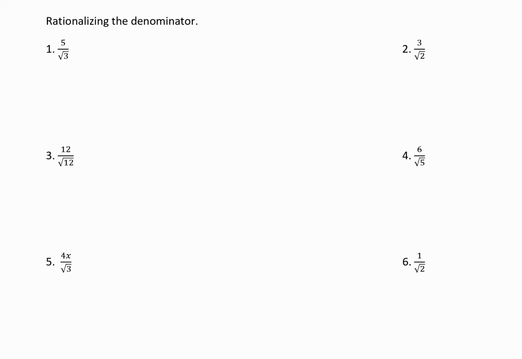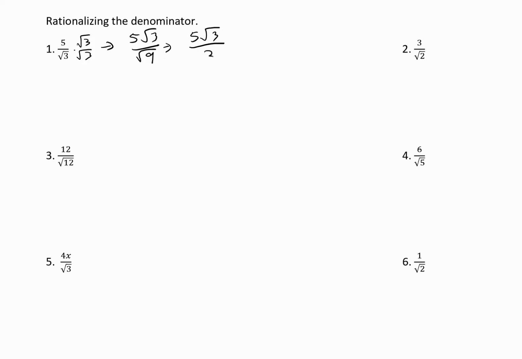So the way that we're going to take care of that is by multiplying rad 3 to the top and to the bottom. When I multiply rad 3 to the top and to the bottom here, I'm going to multiply straight across. So I'm going to get 5 rad 3 over rad 3 times rad 3, which is going to give me radical 9. And then when I simplify, I'm going to get 5 rad 3 over the square root of 9,